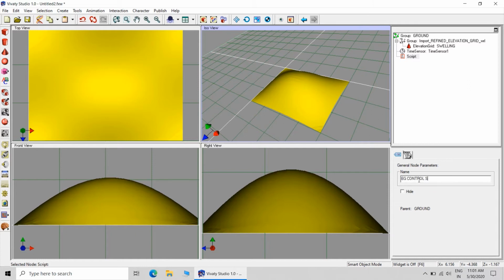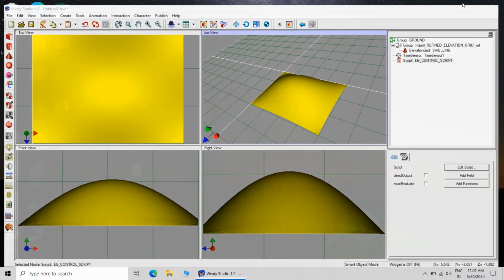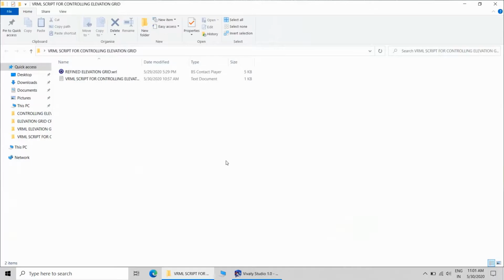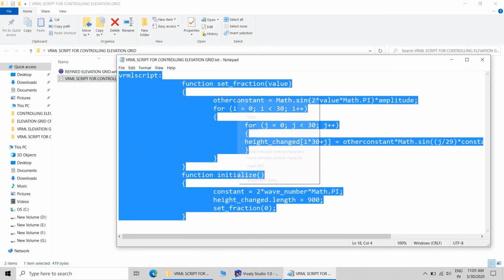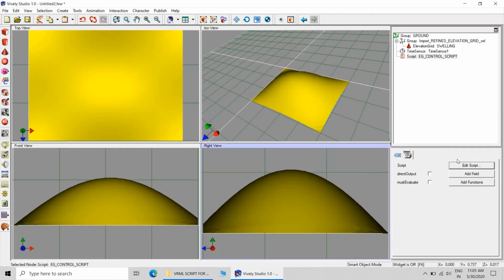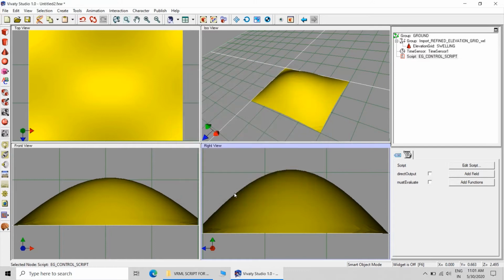Say elevation grid EG control script, then edit script. Now we will open that text file which I have created. This is having the script. You just copy and paste the script into this particular field.